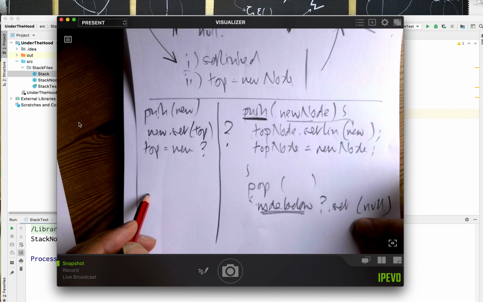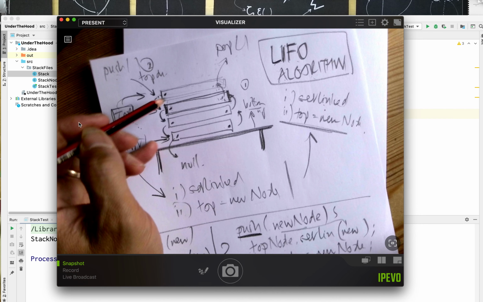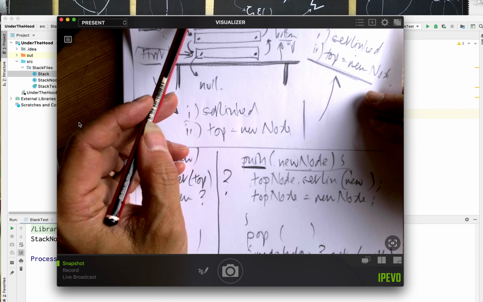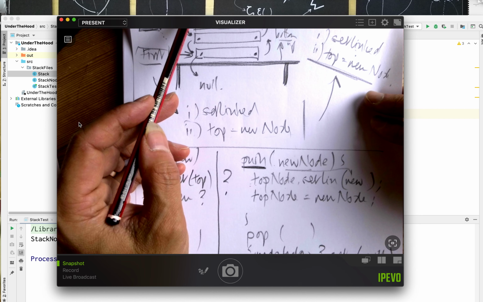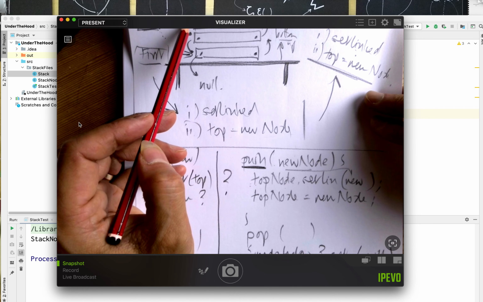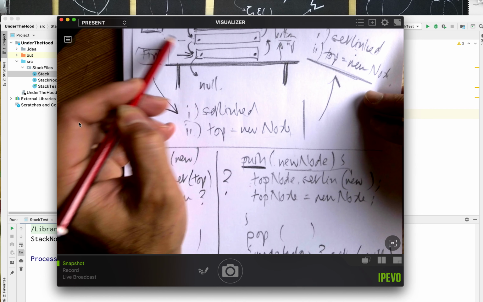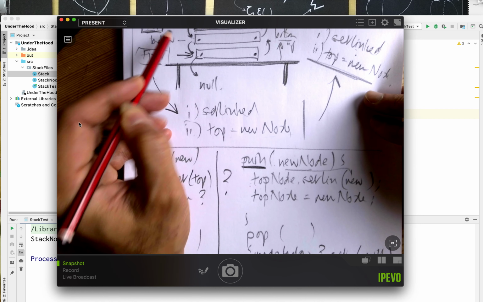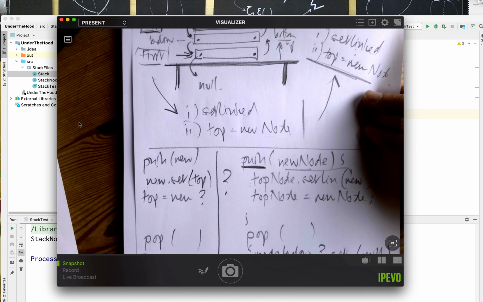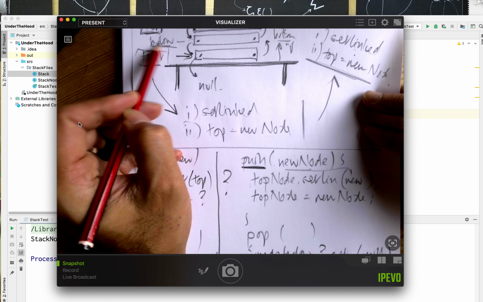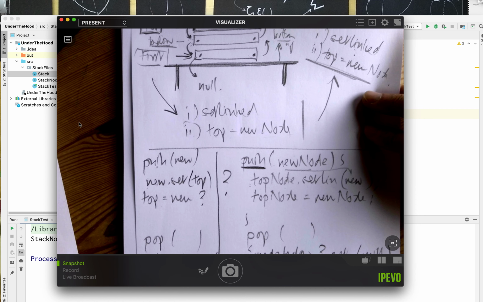Let's have a look at the pop method for this whole approach, which is top down, right? So I want to remove the top item. So it gets a little bit trickier here because if I say to my current top node what its linked node is, it's going to go down to the one below it, right? So let's just call this below. So if I were to say I can get hold of the below node, which will be assigned from the top, get the linked node from the top. So that's going to give me the one underneath it, right? Once I get the one underneath it,